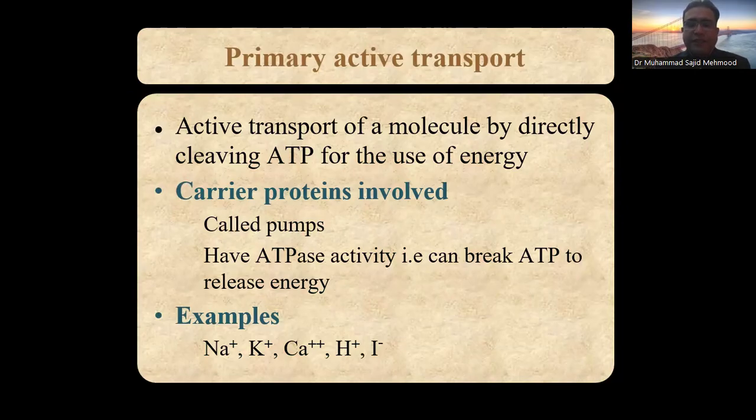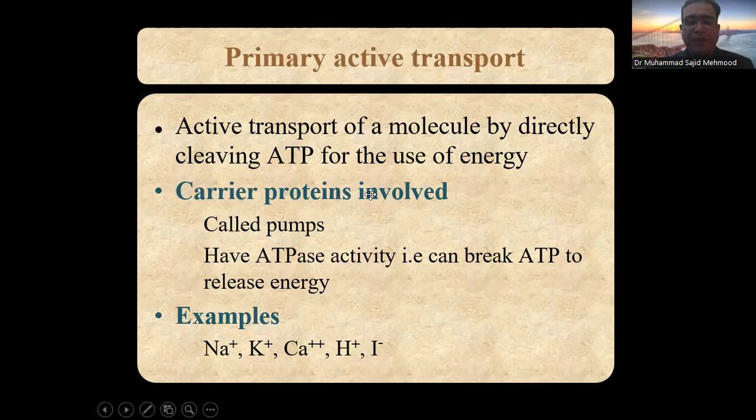अब आगे इसके अंदर प्राइमरी एक्टिव ट्रांसपोर्ट आ जाती है और सेकेंडरी एक्टिव ट्रांसपोर्ट आ जाती है। नाउ व्हाट इज प्राइमरी एक्टिव ट्रांसपोर्ट? Primary active transport is the active transport of molecules by directly breaking down the ATP molecules for use of energy। ठीक है, तो जो प्राइमरी एक्टिव ट्रांसपोर्ट है इसमें डायरेक्टली ब्रेक डाउन होती है